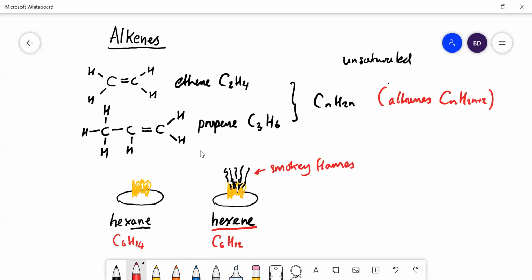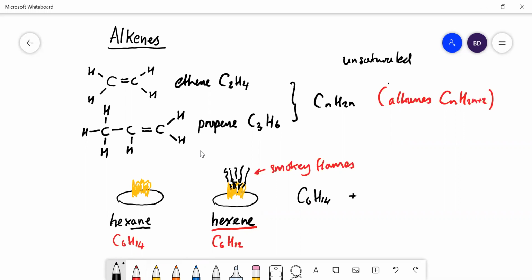So that means they're not that good as fuels, but alkenes, in a way it's a pity to waste them as fuels, just burning them, because they're a lot more reactive than alkanes and they can be used to make other more useful things. Right, so if we just look at the combustion reaction, let's do it for hexane, that would be